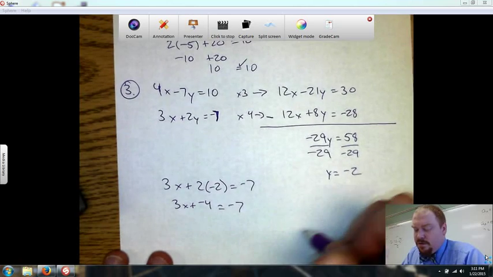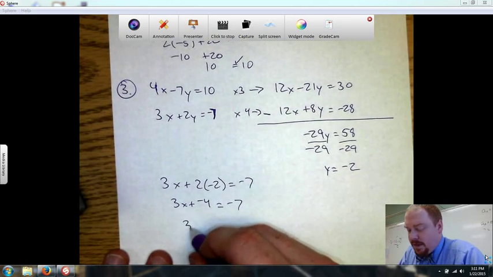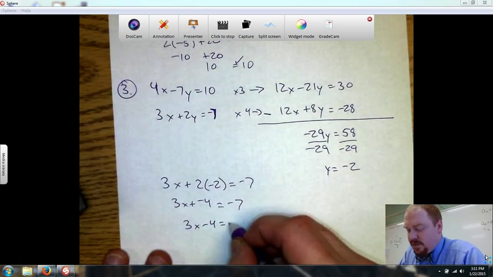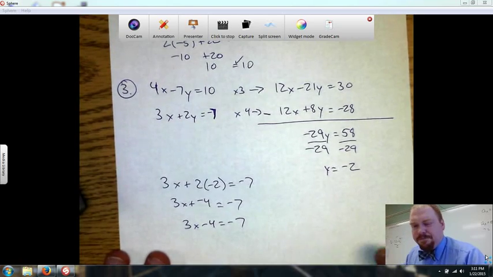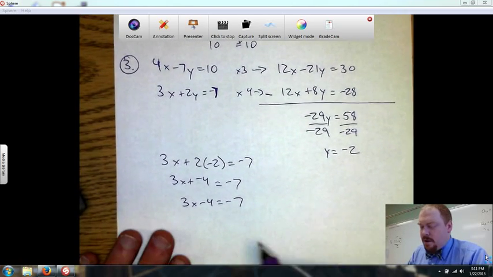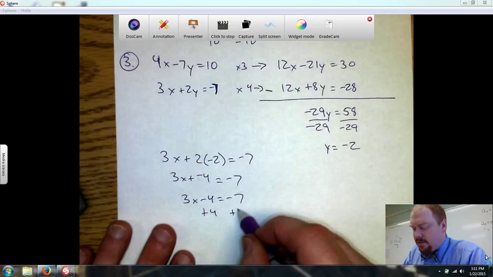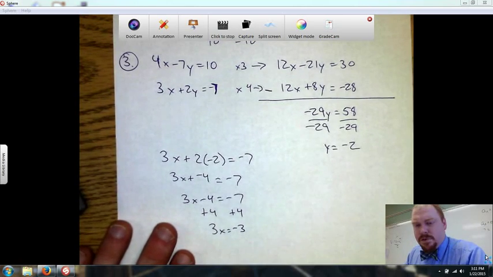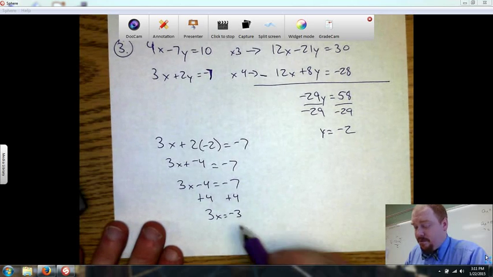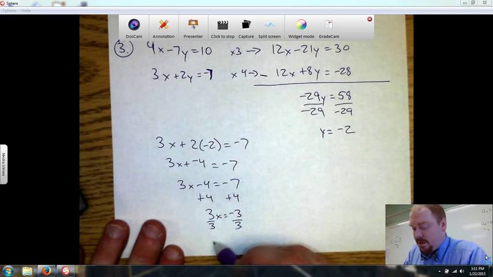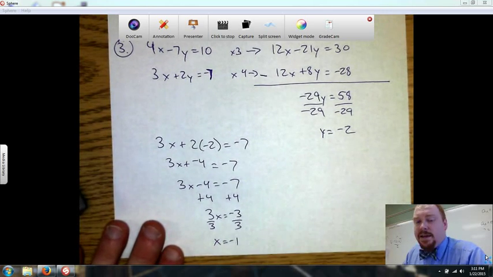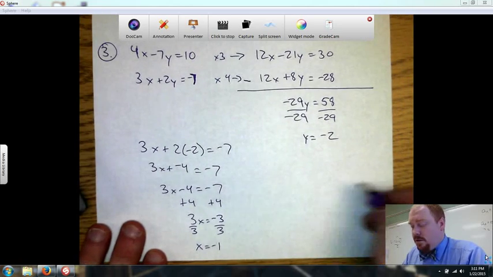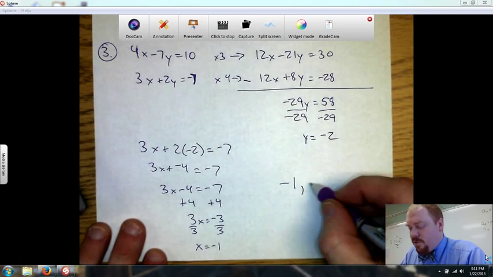So, you know what? I'm going to rewrite this as 3x minus 4 equals negative 7. I'm going to add 4 to both sides. I get 3x equals negative 3. So when I divide by 3, I get x equals negative 1. So my solution here is negative 1, negative 2,